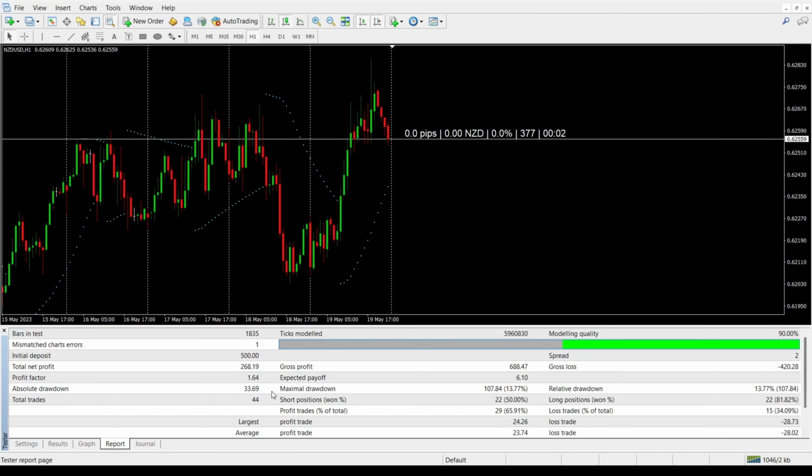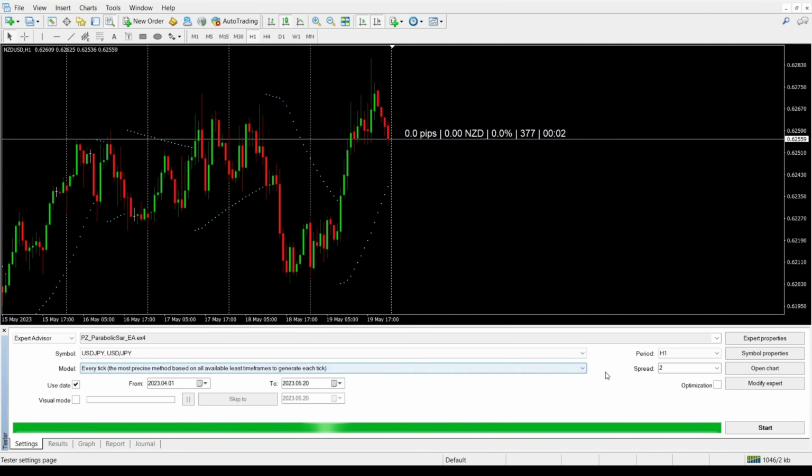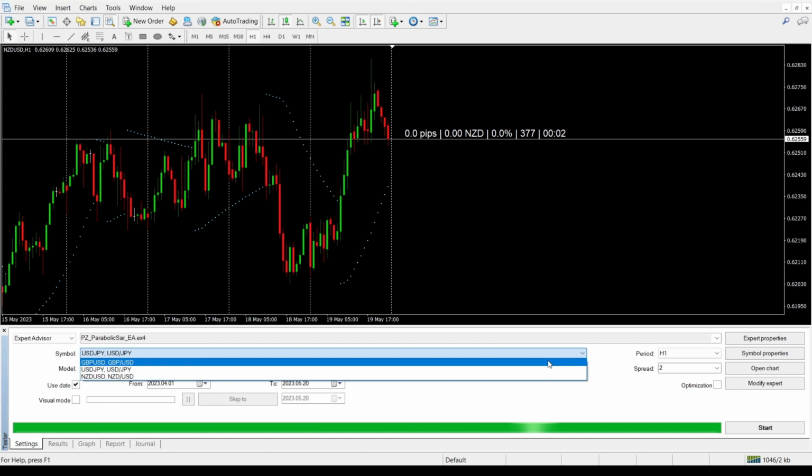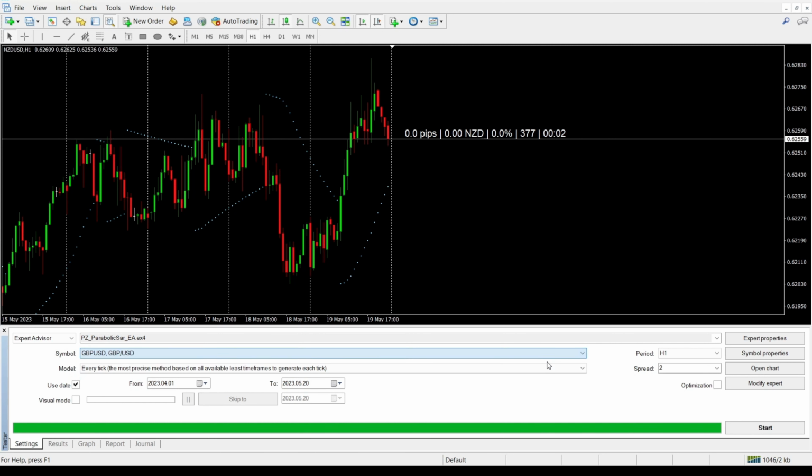So you can see with the inverse setting now, the EA has actually almost made more than 50% of the account, and you can see it's taken a total of 44 trades. Now I'm going to prove to you that it's not just this pair and this actual length of time. I'm going to try it on GBP USD